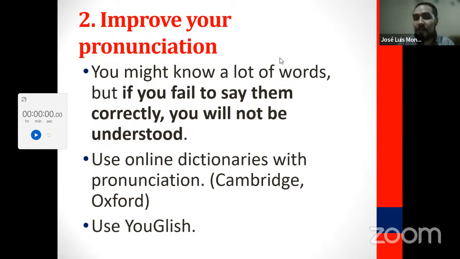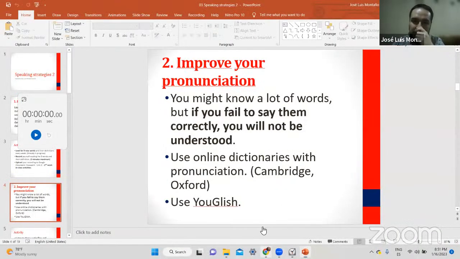Because again, this is something interesting. If you know a lot of words, but those words are not pronounced correctly, right? And you are with native English speakers and they don't speak Spanish, so they don't understand why you changed that. It sounds off, and sometimes it makes it harder to understand what you want to say, right? And the main idea of language, of course, is communication. So that being said, first, we're going to do something.